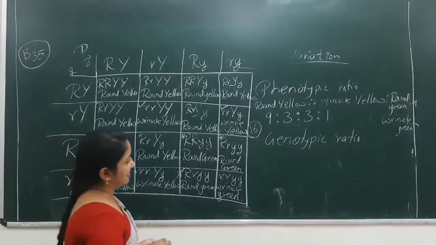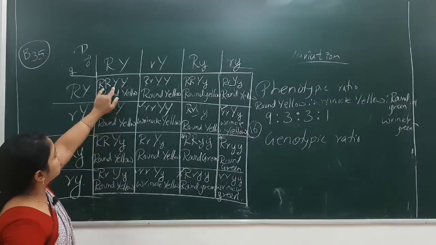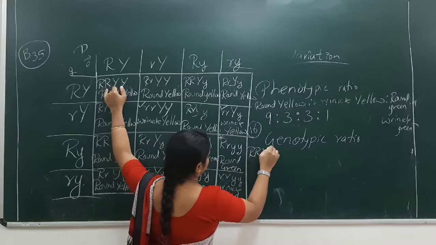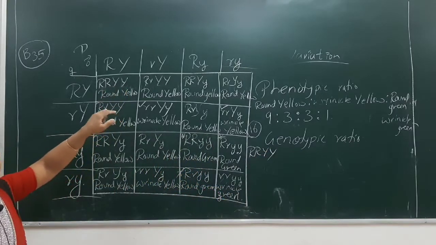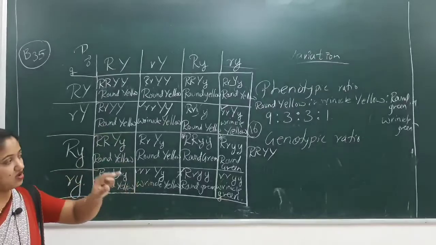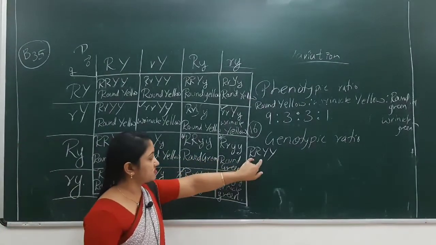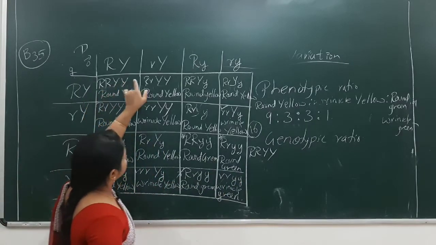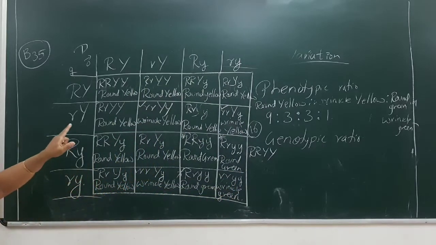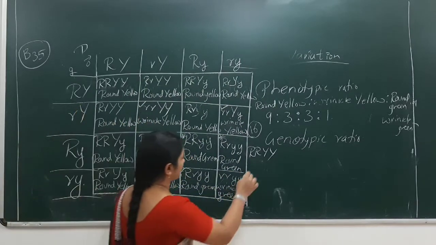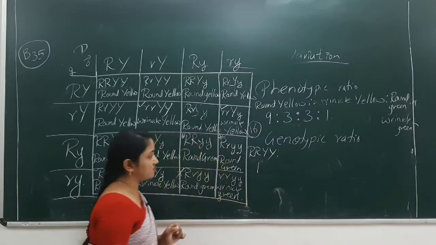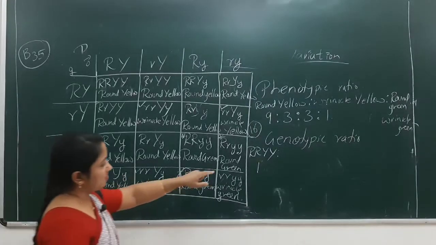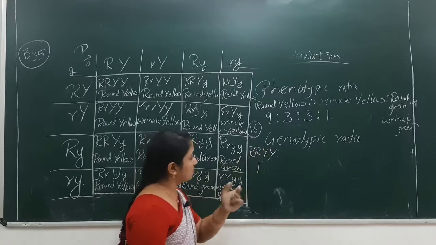Okay. So we'll start counting the genotypic ratio now. Genotypic ratio, it's a little bit lengthy, but concentrate here. I'm counting this type of genotype here. First I'll write capital R, capital R, capital Y. It will be easier to put the ratio when we put the genotype. Capital R, capital R, capital Y, capital Y. Is there anywhere else? No. Only one capital R, capital Y is present. So only one offspring is present having the homozygous dominant trait.